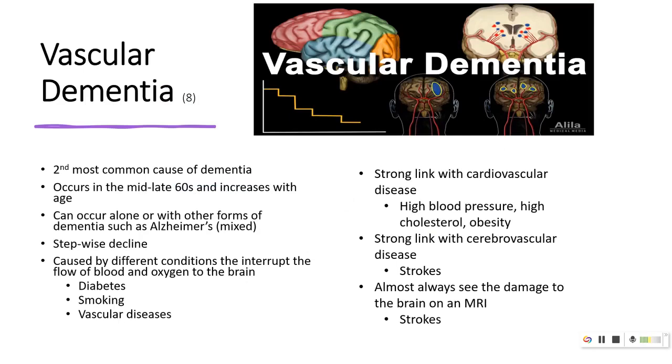Okay, so now let's move on to vascular dementia. This is considered the 2nd most common type of dementia. It usually occurs in the late middle 60s and increases with age again. This can occur alone or can occur with other forms of dementia such as Alzheimer's disease. So we talked about the